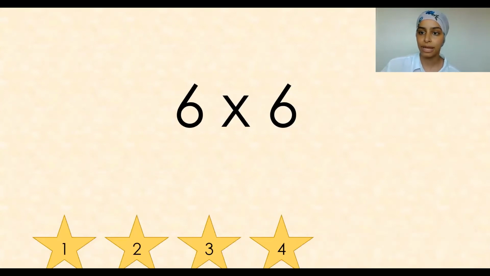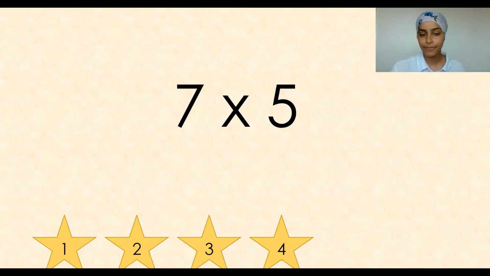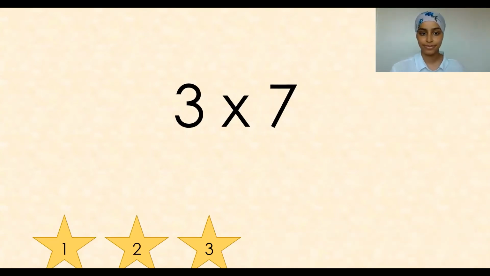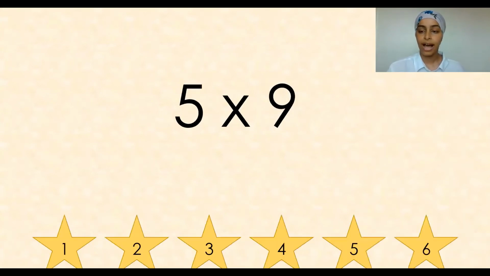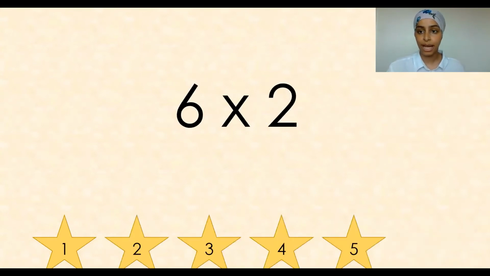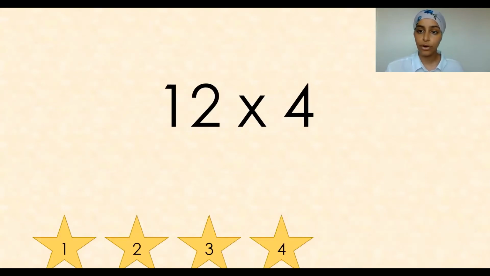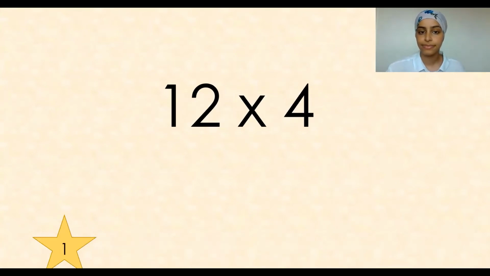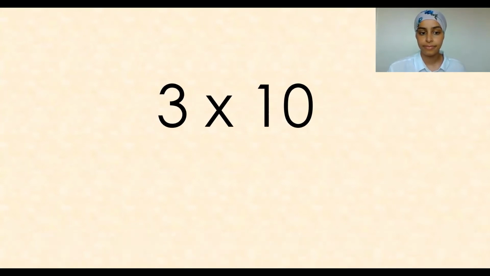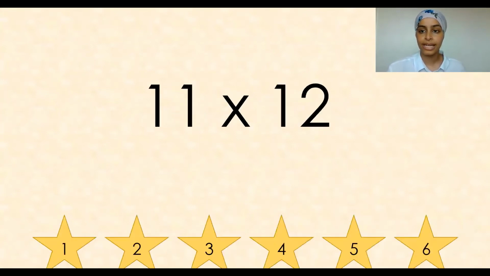Number 2, 6 multiplied by 6. 7 multiplied by 5. 3 multiplied by 7. 5 multiplied by 9, 6 multiplied by 2, 12 multiplied by 4, 3 multiplied by 10, 4 multiplied by 9, 11 multiplied by 12,